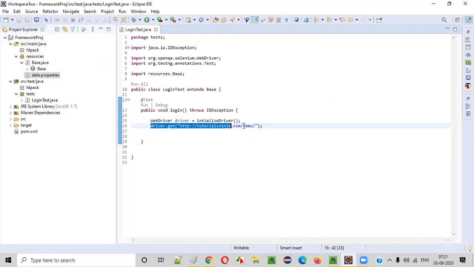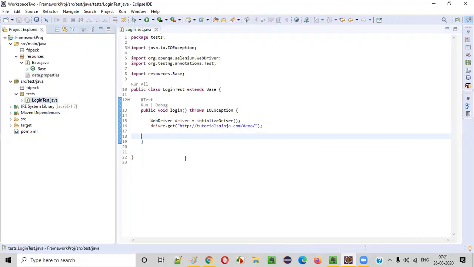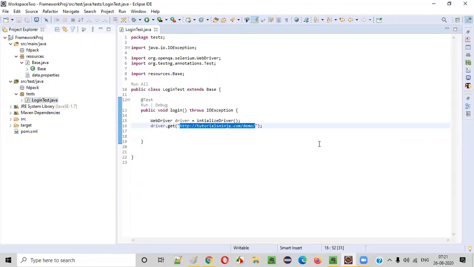And one more thing, we are hard coding here, guys. As you can see, you're hard coding the URL here. Tomorrow, the client wants you to run all these automation scripts on a different URL of the application. There may be different URLs in the project, right? Staging 1, staging 2 URLs, like that. Many URLs may be there for the application. So if the client wants you to test the application on a different URL for automation purposes, then you should not go to each and every test case and modify this. This hard coding should be avoided here.